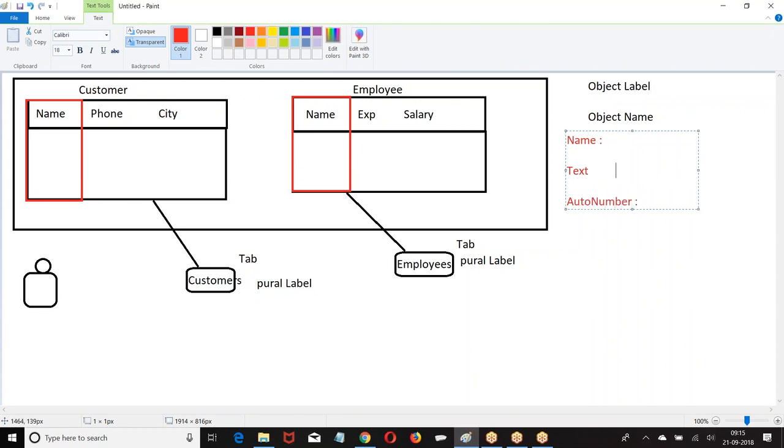What is text? You are supposed to enter it. If I say auto number, you tell the format, the system will enter it. Now, according to my company, I don't need a customer name, I need a customer ID. When you go to an ATM and withdraw money, your transaction number is a fixed format. The number will increment.